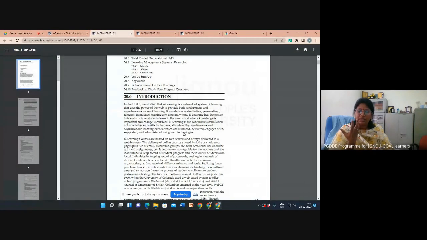For example, in a traditional classroom situation, there is a classroom, the teacher comes, and there is a physical infrastructure for the teaching learning process.